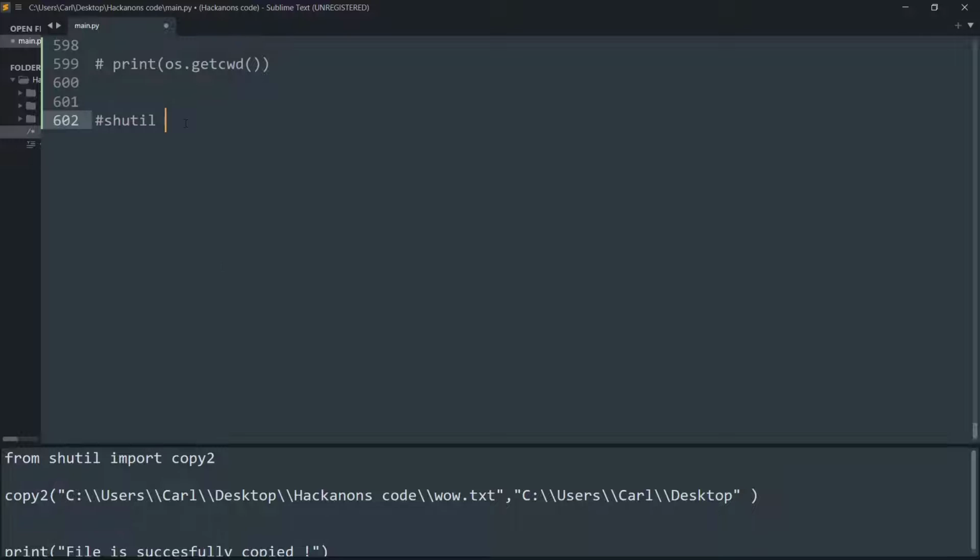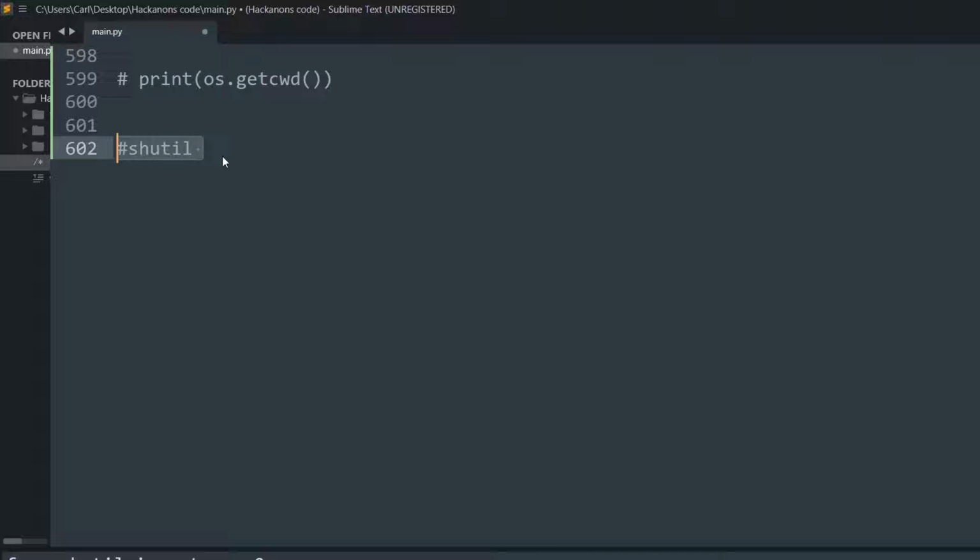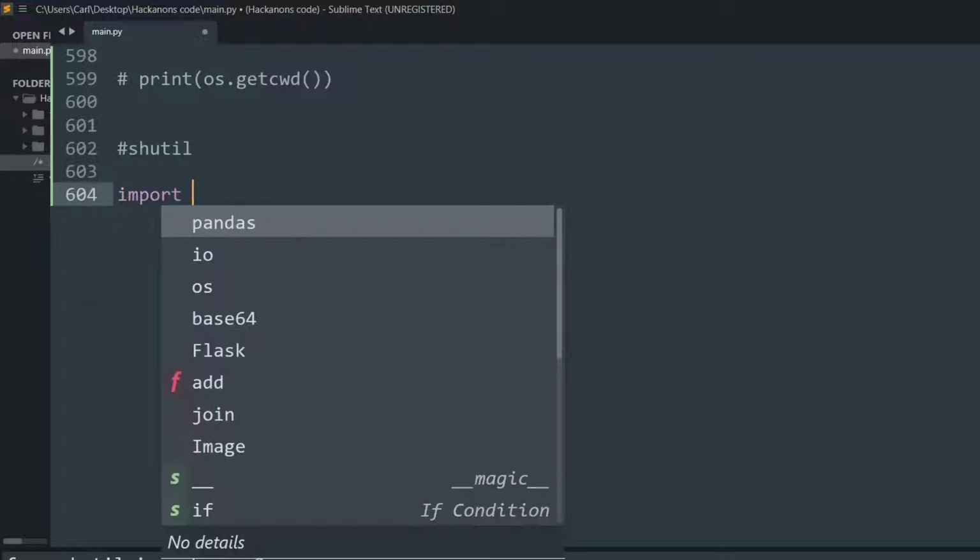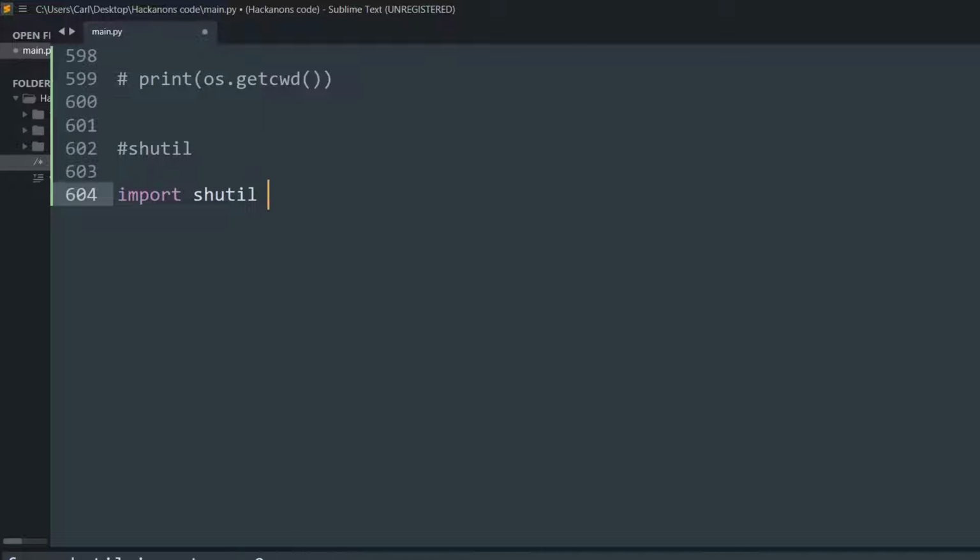So Shutil is an inbuilt library that is available when we install Python, so we do not need to install it using any pip commands. All we need to do is say import shutil, and then we can simply use a function called shutil.copy, and this copy takes in